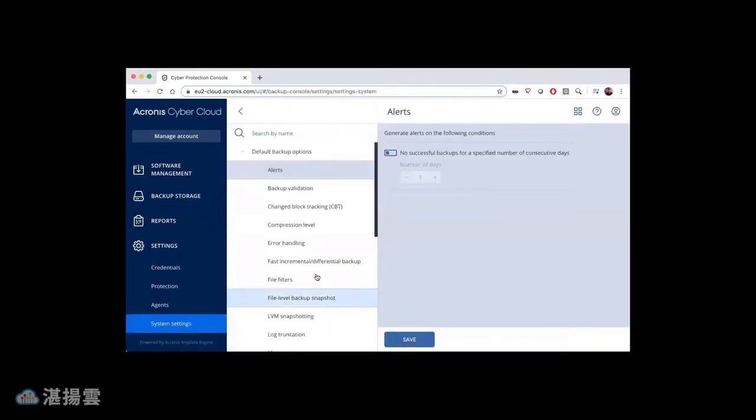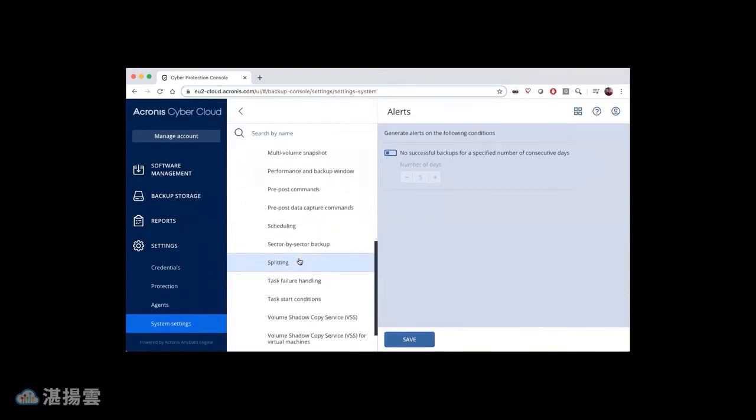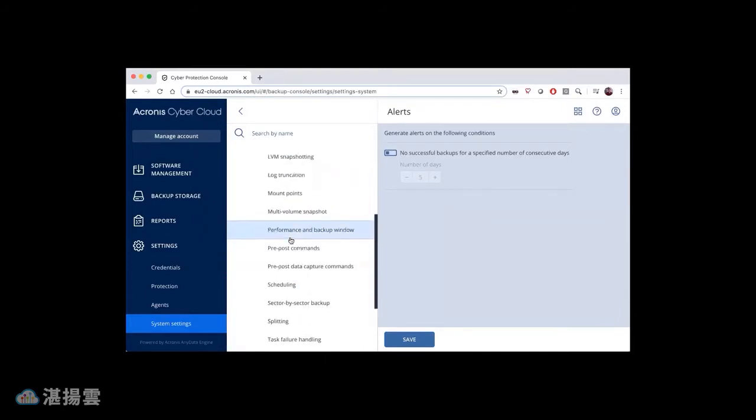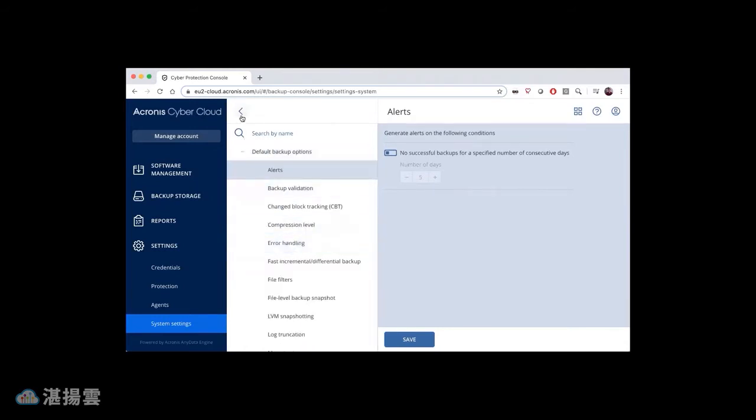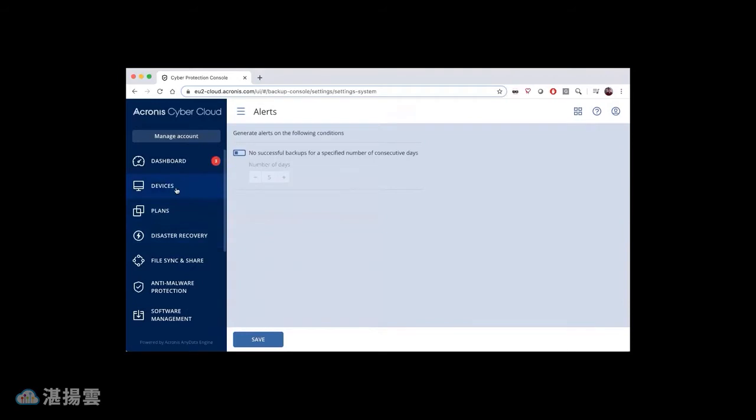In that area, you will find a list of all of the default backup options. By changing these default backup options, you can go ahead and set the appropriate backup options that you want by default whenever a new backup plan is created. And in that way, you don't have to go through and set it each time. However, we're going to spend the rest of this video taking a look at the backup options for an individual